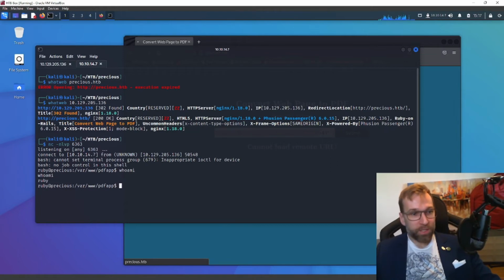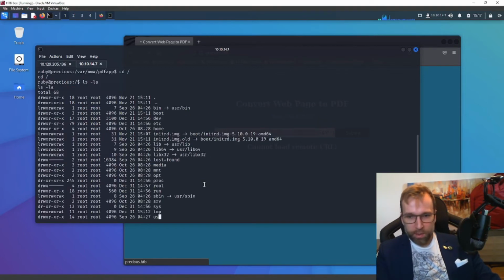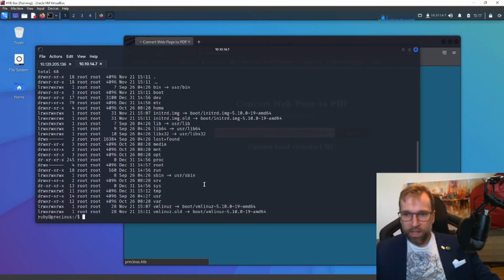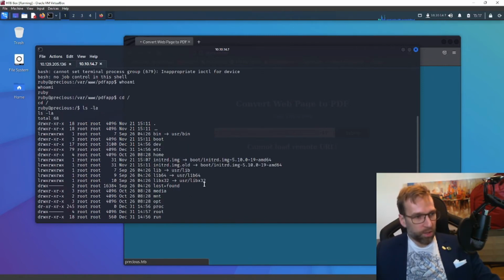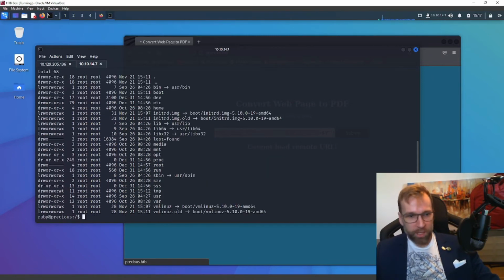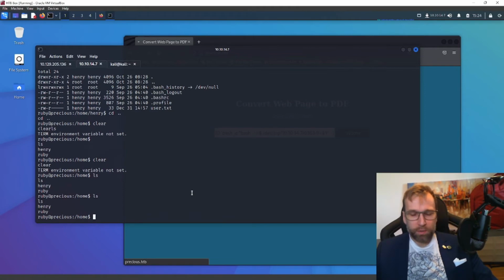All right, let's jump into the root phase. All right, so for this phase, I actually struggled a bit. I was looking around left, right, and center, never really figured it out until I realized that where I needed to start was simply in the root directory where there was a hidden folder called .bundle. All right, so just looking in the home directory, you see we have user Henry and Ruby. Well, user Ruby